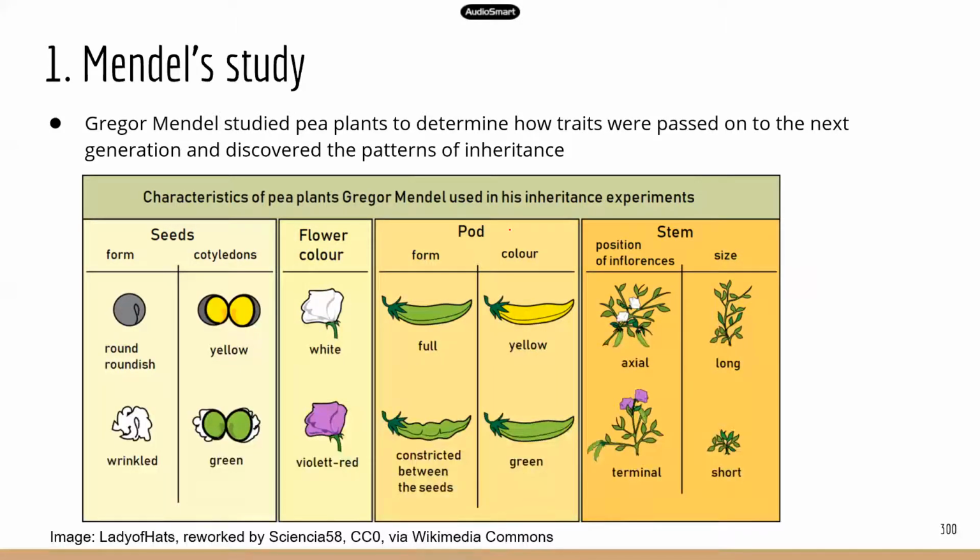Because if you notice, individual pea plants had different traits. For example, some of the seeds are round and smooth, some of the seeds are wrinkled, and some of the seeds are yellow, but the others are green. So he was trying to figure out what determines what the pea plants would be like, right? Why they had certain traits but not others. So he spent years studying that, and eventually he discovered the patterns of inheritance, and he's really considered